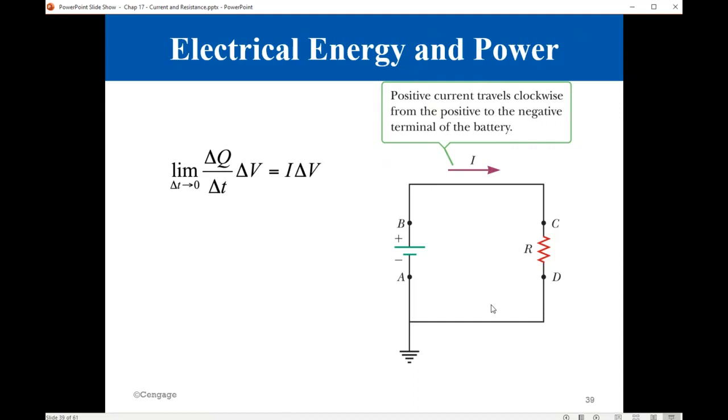Consider a simple electric circuit like this circuit. You have a battery and you have a resistor. This resistor represents a light bulb or any appliance that functions using electric power. Usually, we just care about the resistance. We don't care about the other details of the appliances in the circuit, because the resistance will determine the current